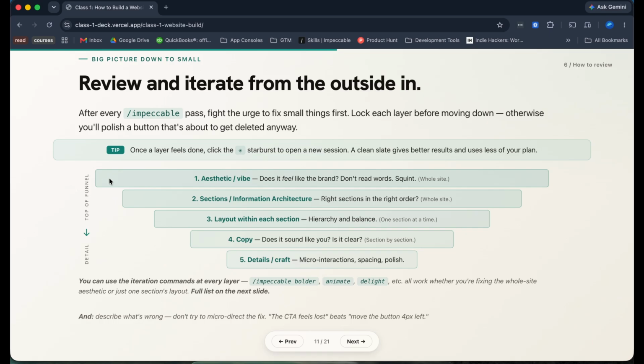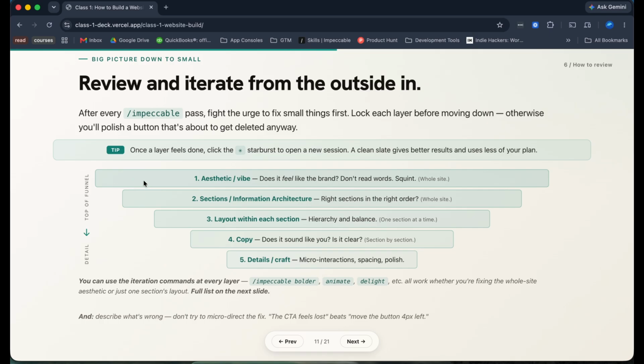But once that's done, then we're going to start going section by section. We'll start reviewing all the sections and make sure that the structure is right. So we're all going to start with the hero, but then what are the sections that follow it? Are they in the right order, and are they what we want on the page?